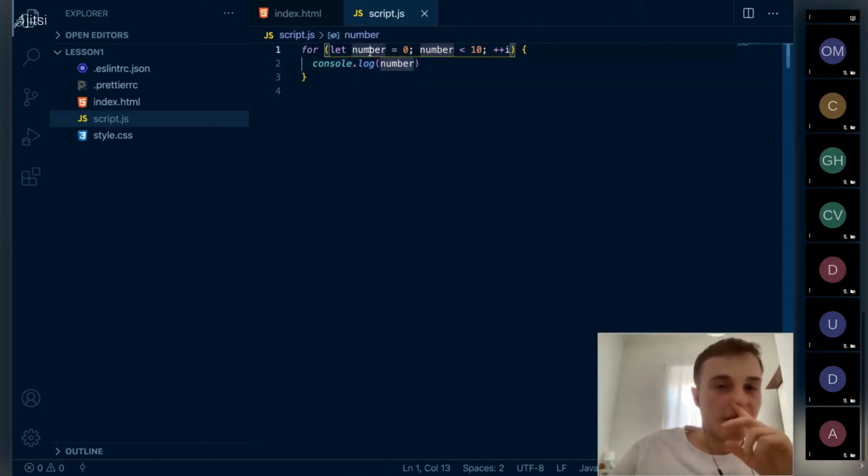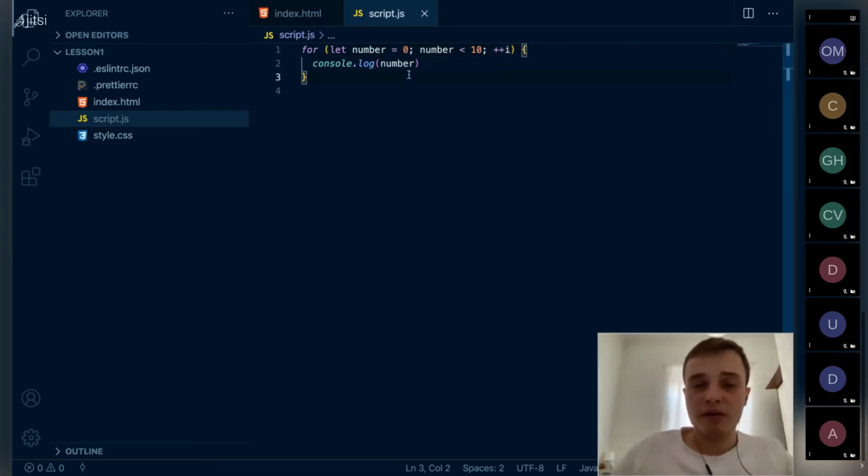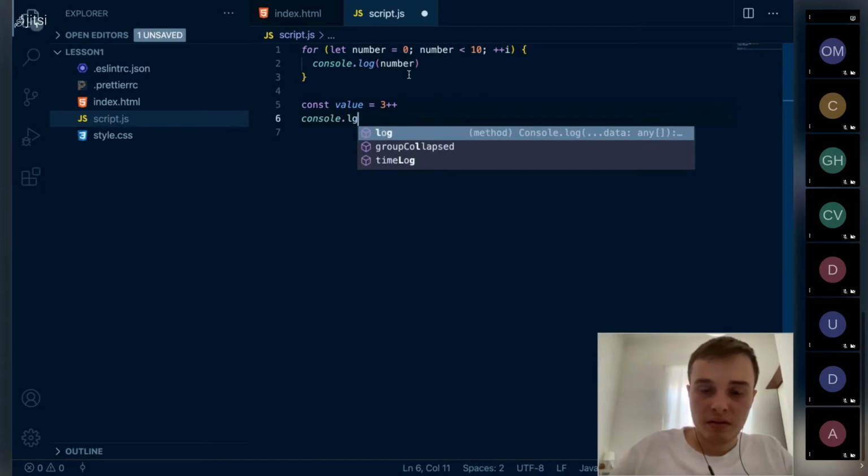So basically what is happening here linearly is number is equal to 0, 0 is less than 10, I print 0. And then we have this instruction, which is an operator called increment, which just increments the value of a value. So if you have a constant value equal 3 plus console.log,